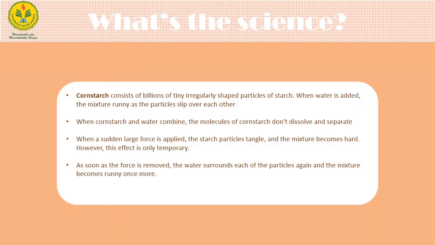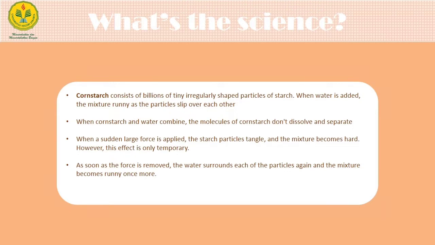What's the science? Cornstarch consists of billions of tiny irregularly shaped particles of starch. When water is added, the mixture runs as the particles slip over each other. When cornstarch and water combine, the molecules of cornstarch don't dissolve and separate. When a sudden large force is applied, the starch particles tangle and the mixture becomes hard. However, this effect is only temporary. As soon as the force is removed, the water surrounds the particles again and the mixture becomes runny